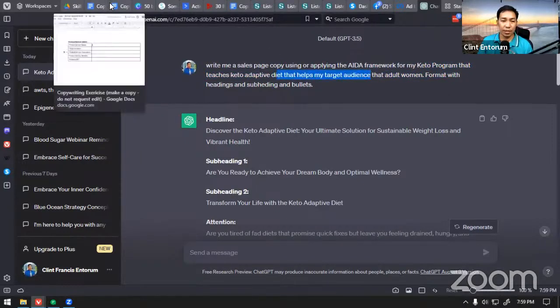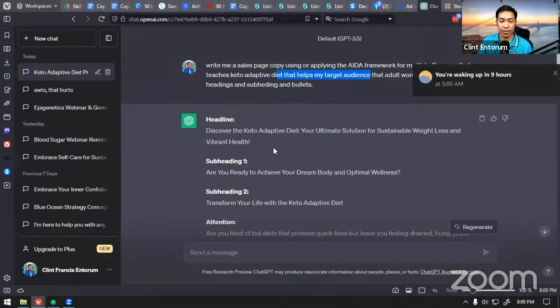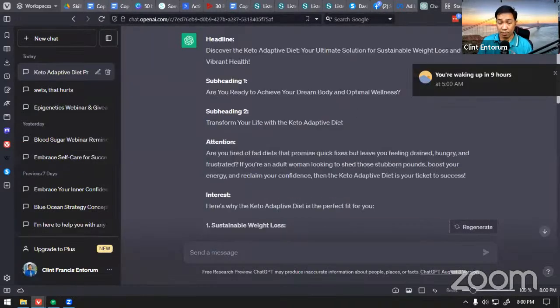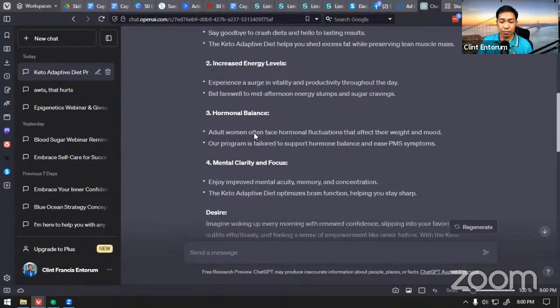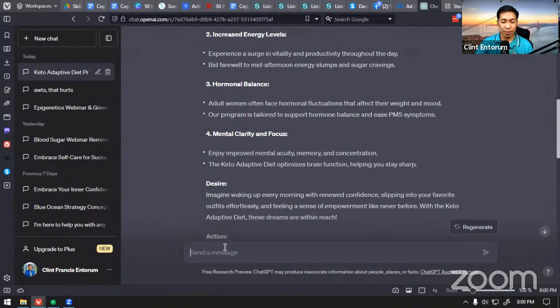So that's why in this copy here, you have to provide what this program is all about and the target audience. I could add more information here, like what this program or product does. Those are the information you could use when typing or providing information for ChatGPT to generate the right information for you. Okay, so for example, I already have this, so I could also type in, write me an email